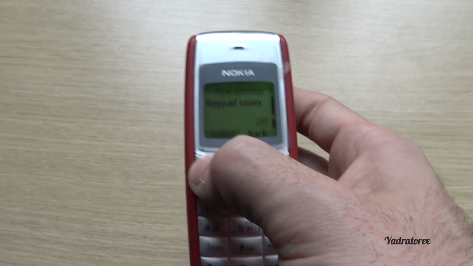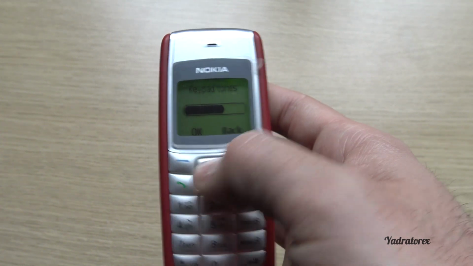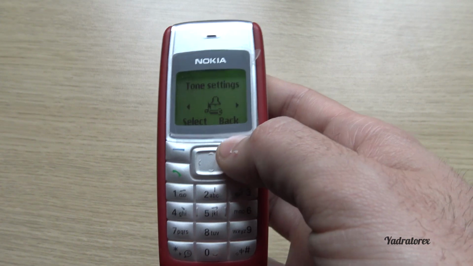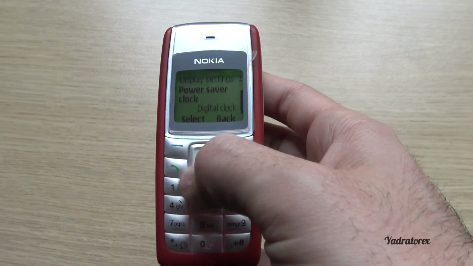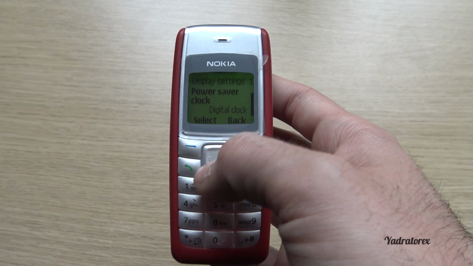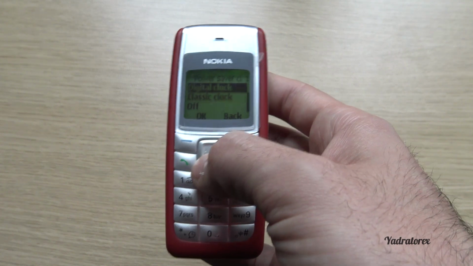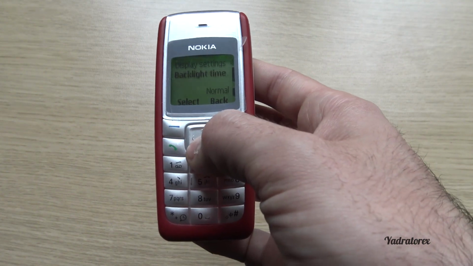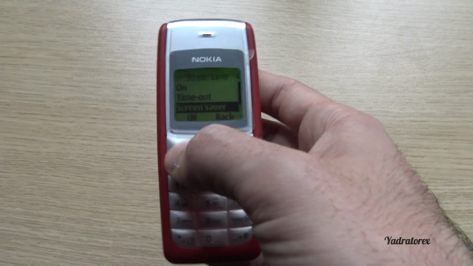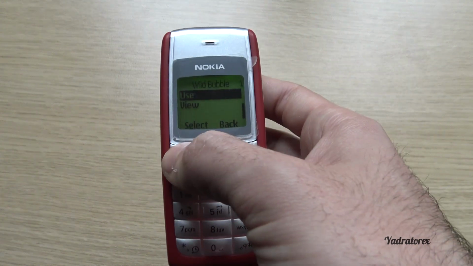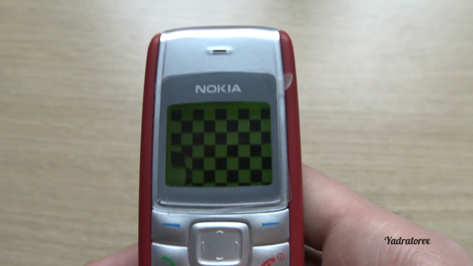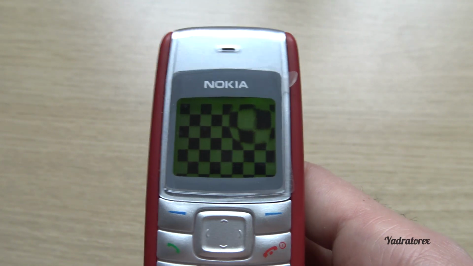What's more, the keypad tones from Nokia, nothing interesting, nothing much. At display settings, the power saver clock, as you saw at the intro, digital clock or classic clock. What's more, backlight time, screensaver, different screensavers in 3D. Wow, that was amazing for 2006.